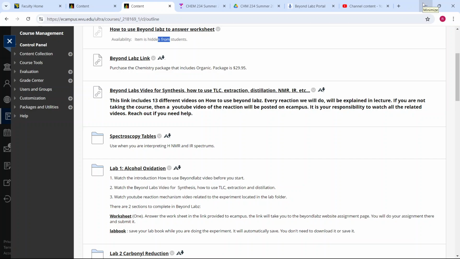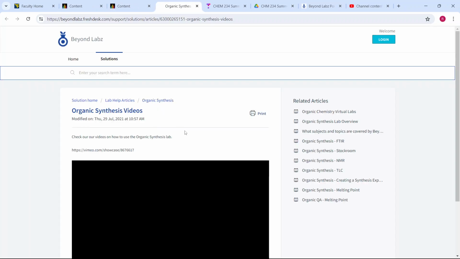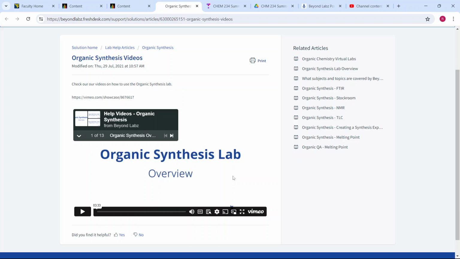In this video, I'll walk you through how to use Beyond Labs and how to work an actual experiment in Beyond Labs. If you haven't used Beyond Labs before, there is this link over here. It's a guide on how to use the different techniques in Beyond Labs like FTIR, just to make you familiar with the Stockholm NMR, TLC,